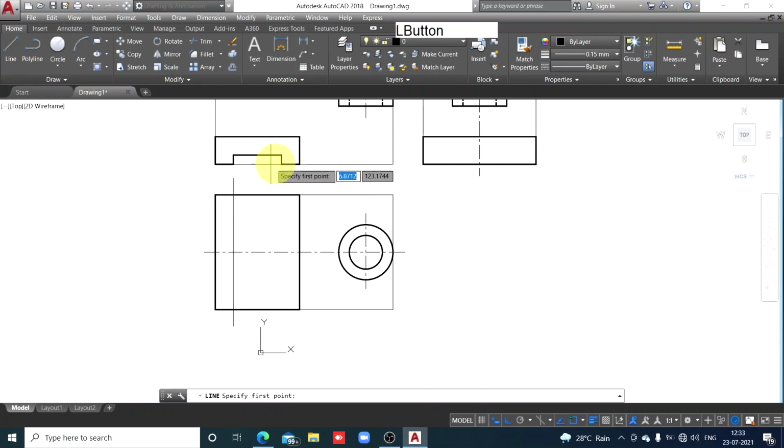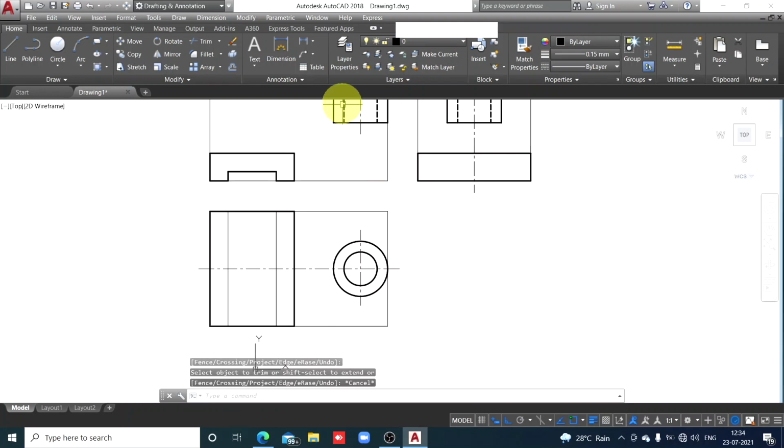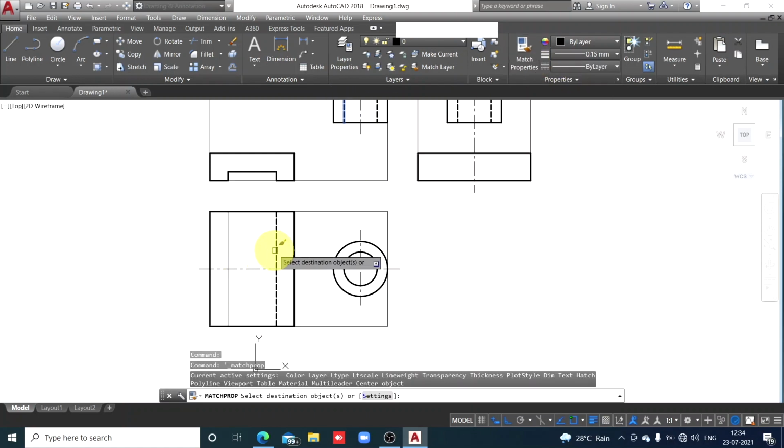Similarly, again from this corner, track it. Now trim, enter. Unnecessary portion you can trim. And these are dotted line. So dotted line we have already drawn here, that dotted in the sense hidden lines. Match properties.